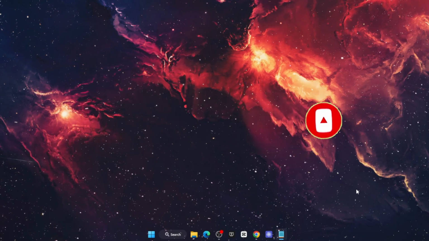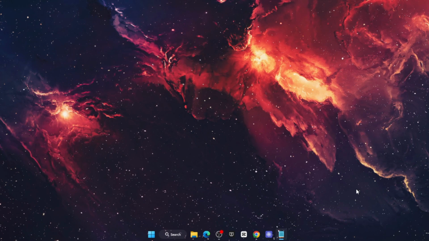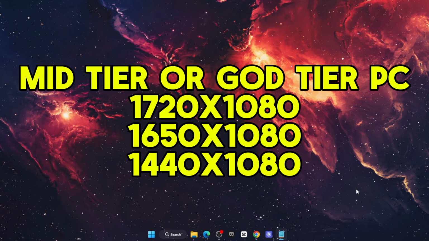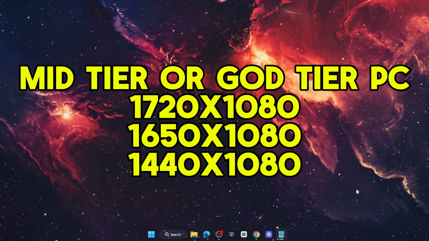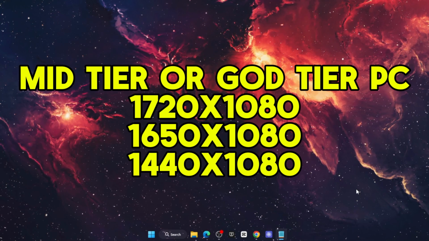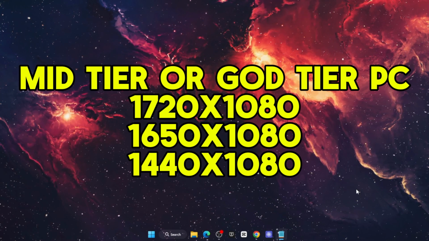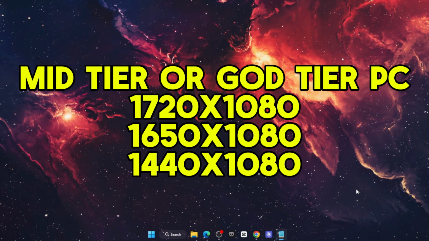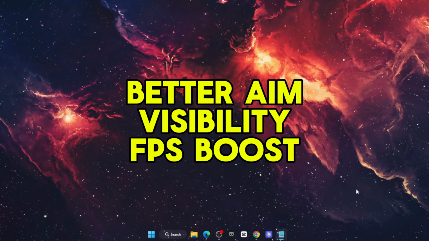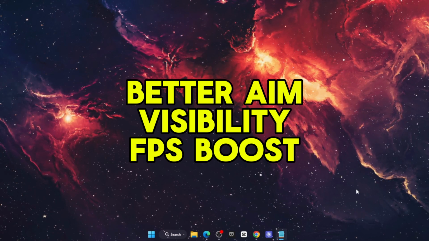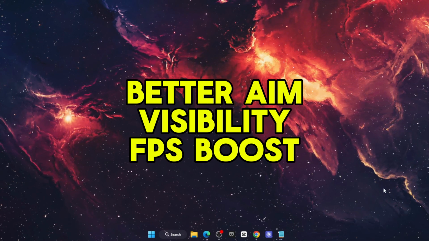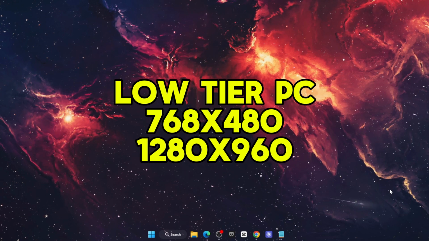Now, resolution depends on your computer. If you have a mid-tier or god-tier computer, basically if you have a really good one, then I suggest 1720 times 1080, 1650 1080, or 1440 1080 resolutions. This will get you better aim, visibility will be really good, and also it will boost your FPS. So that's that. If you have a low tier PC, then you should go with